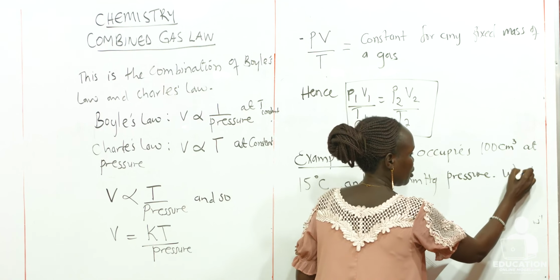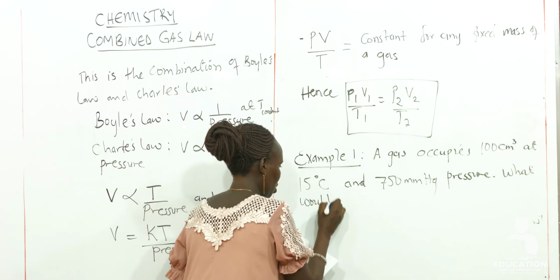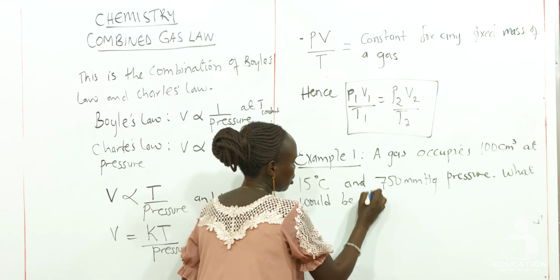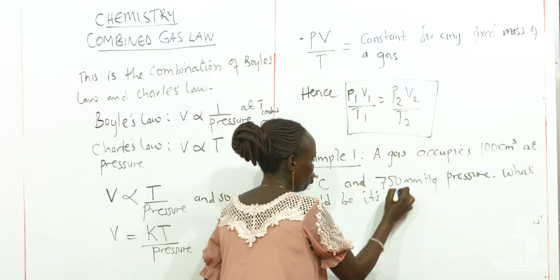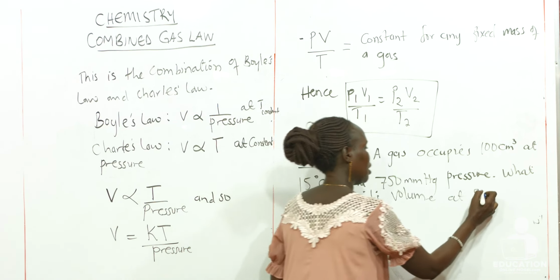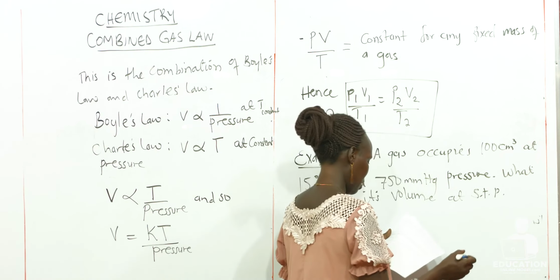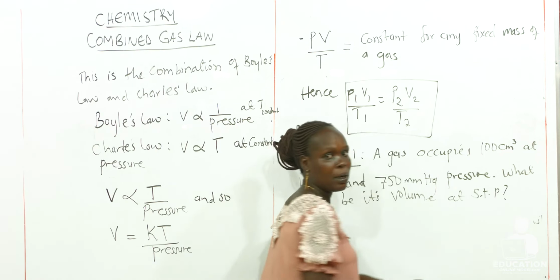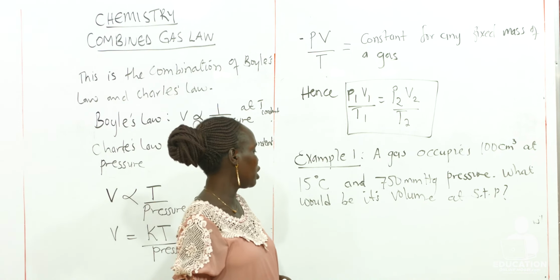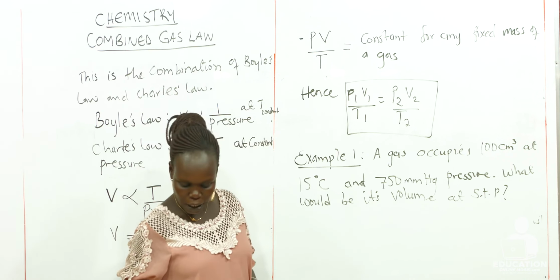So what would be its volume at STP? So this is standard temperature and pressure. So the standard temperature and pressure, we need to consider these conditions of the volume under the standard temperature